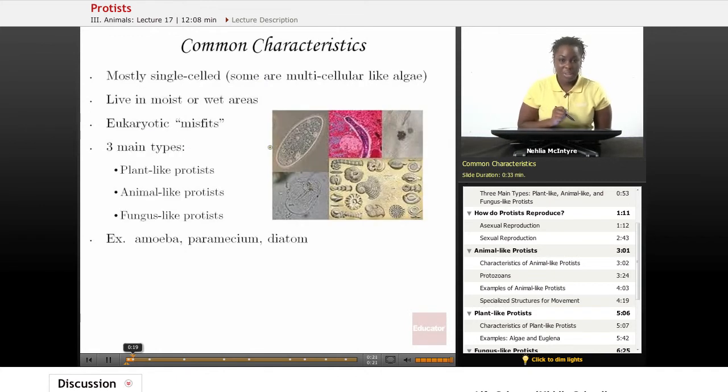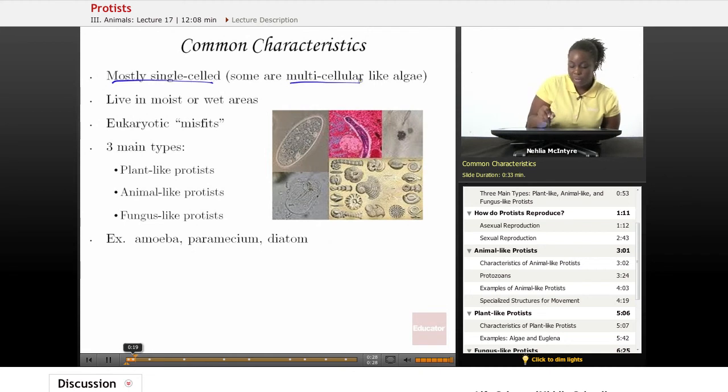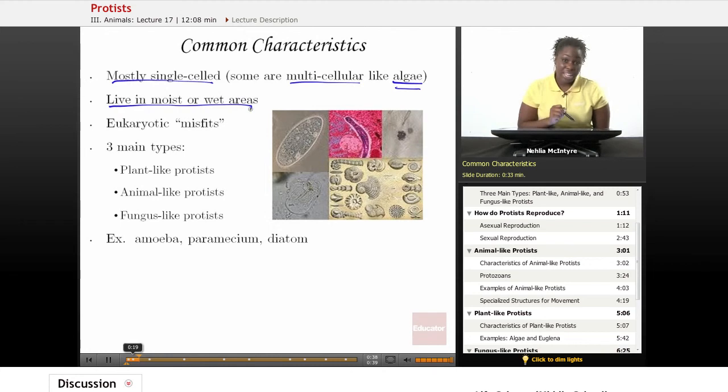Let's talk about the common characteristics of protists. Protists are mostly single-celled organisms. Some are multicellular. For example, we have algae, which are protists, and that would be an example of a multicellular or many-celled protist. They live in moist or wet areas, and they're considered to be eukaryotic misfits because they don't